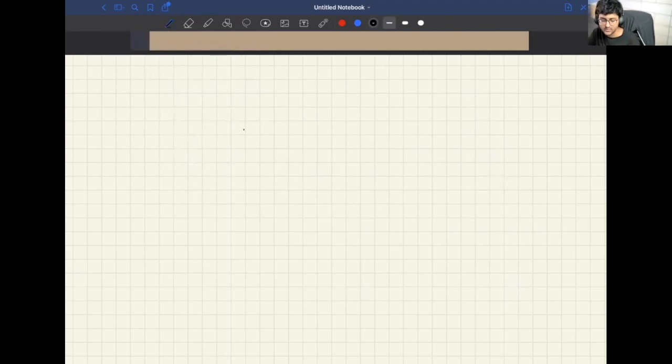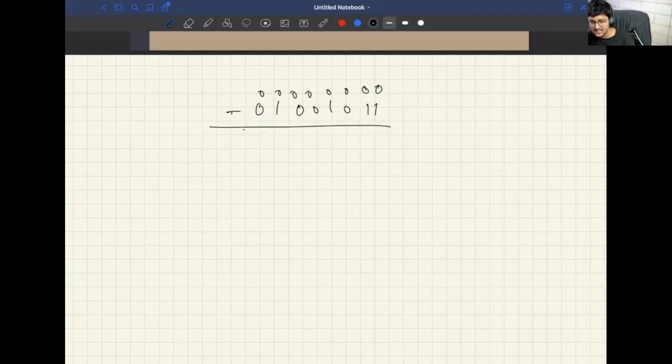So why is 2's complement working? So basically, if we have any number that we had previously, 1011, the idea is that if you subtract any number from zero, you will get the negative number. 0 minus any number is equal to the negative number. Is that fine by everyone? 0 minus every number is the negative of that number, right? Since this is stored in 1 byte, if I increase the size of byte over here, this is actually going to be neglected by the computer because it cannot store 9 bits. Make sense?